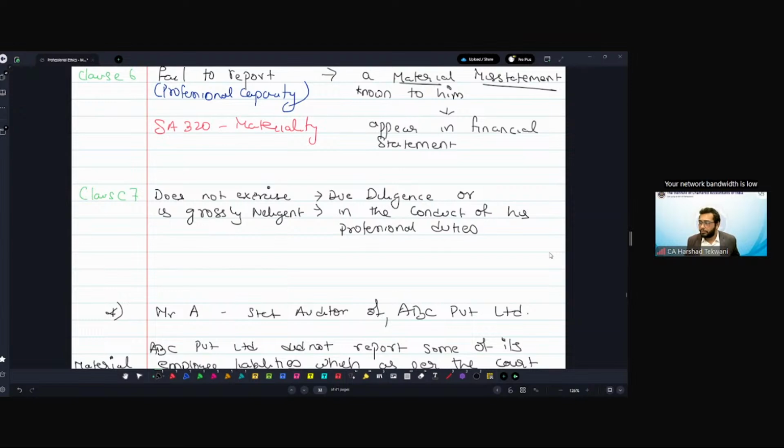Suppose you send the confirmation letters to the debtors, but nobody replied to that by the deadline given. Then,